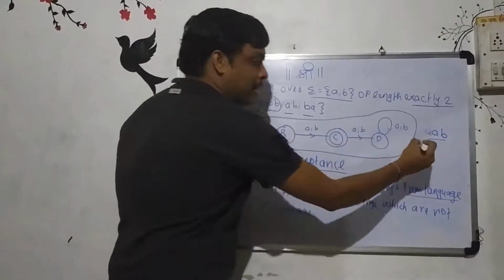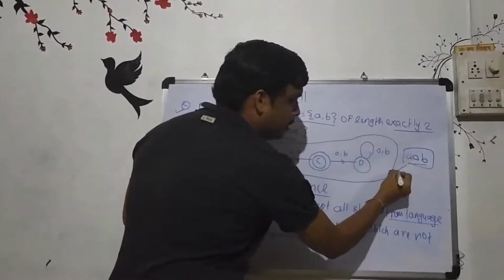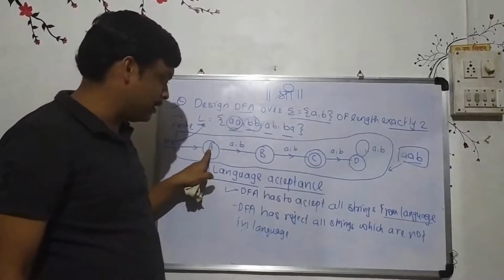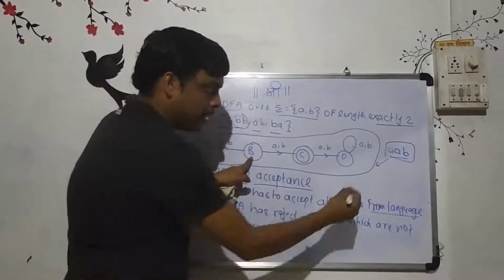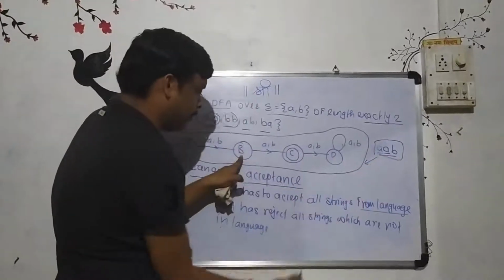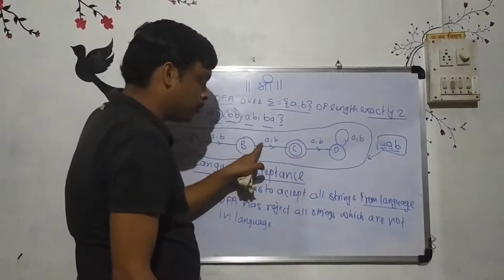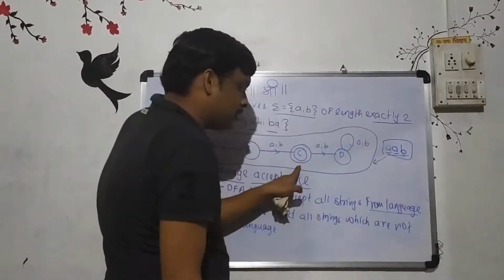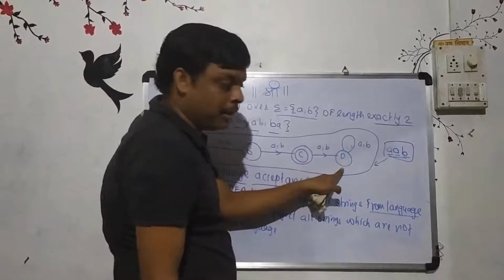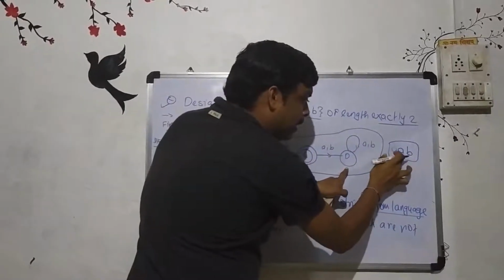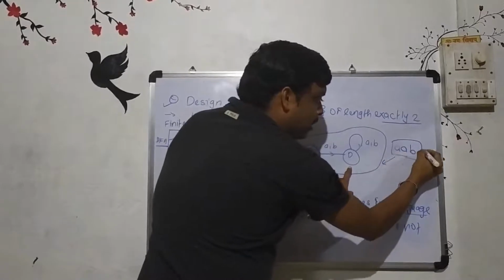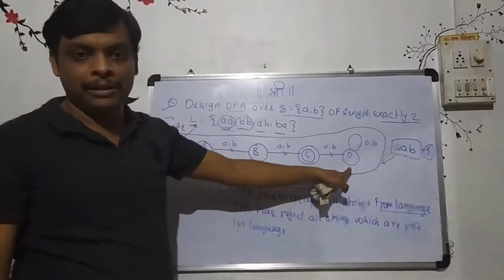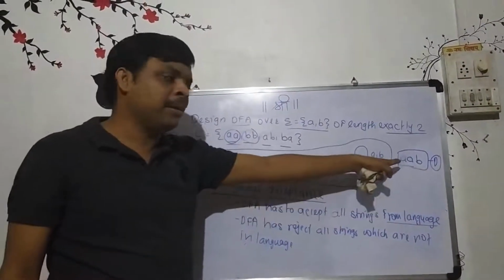Okay, so let us verify whether this string is rejected by this DFA or not. So first symbol is small a. Always starts with capital A, initial state. If you observe small a, you will be in B. Okay, then next again small a. Whenever you are in capital B, observing small a, you will be in C. Okay, now next is B. Whenever you are in C, observing small b, you will be in D. So after scanning this complete string, at the end we will be in D state. Okay, and D is not final. That's why AAB is rejected.